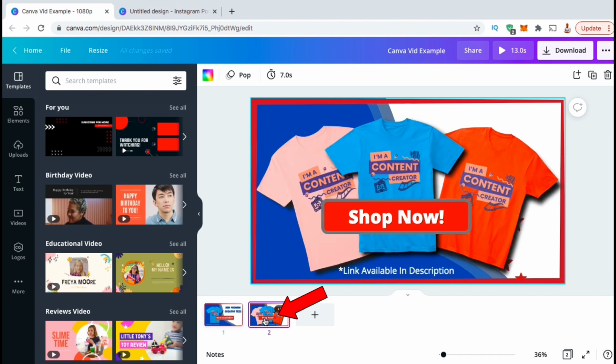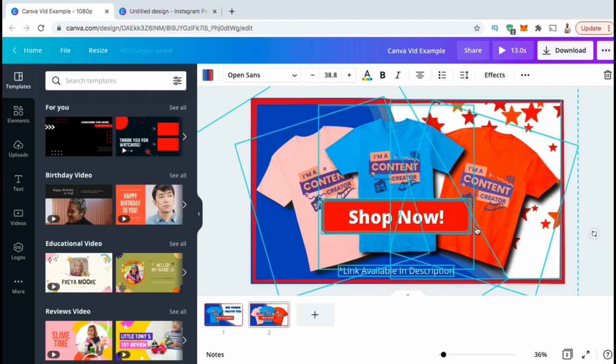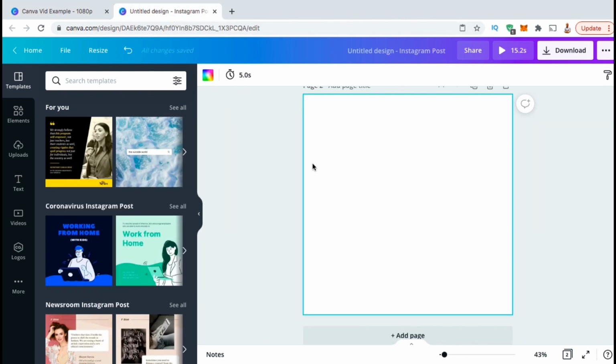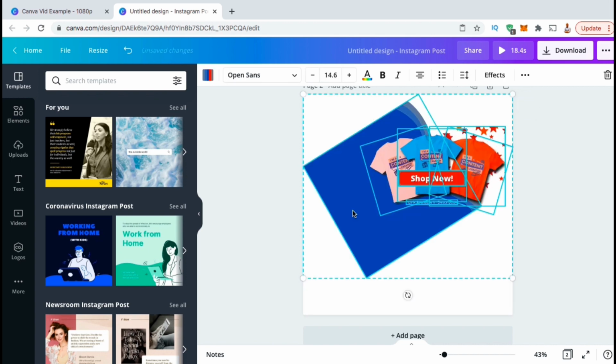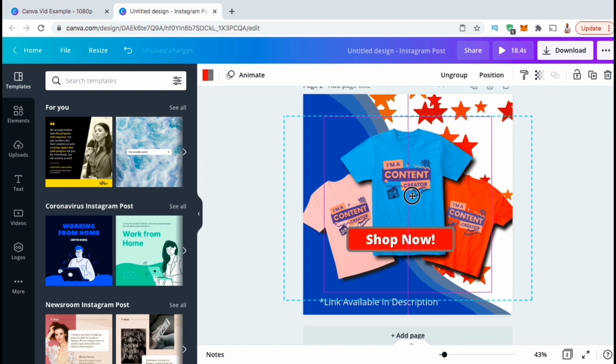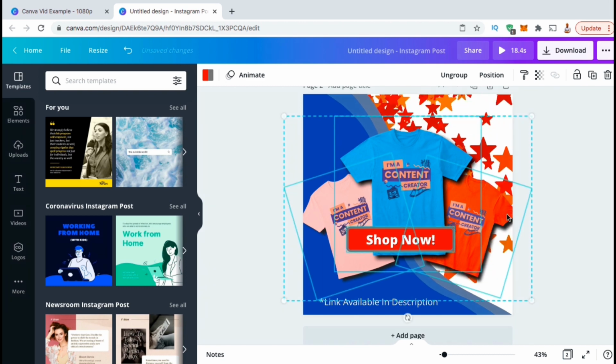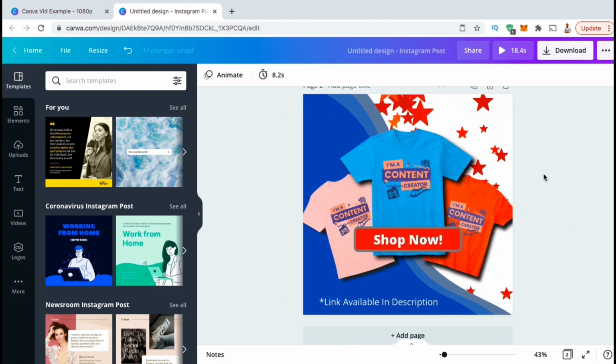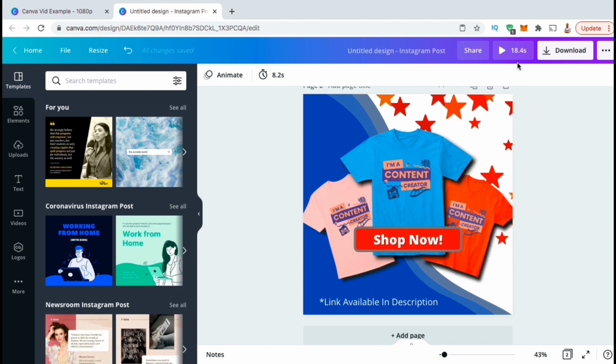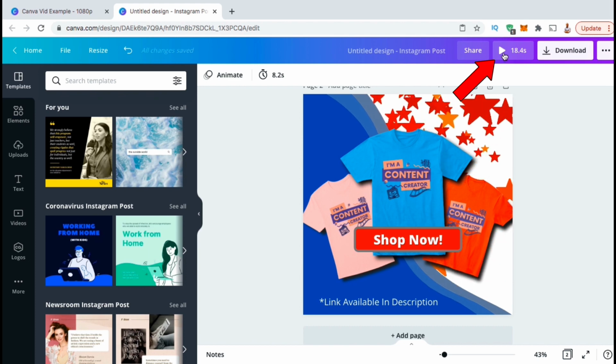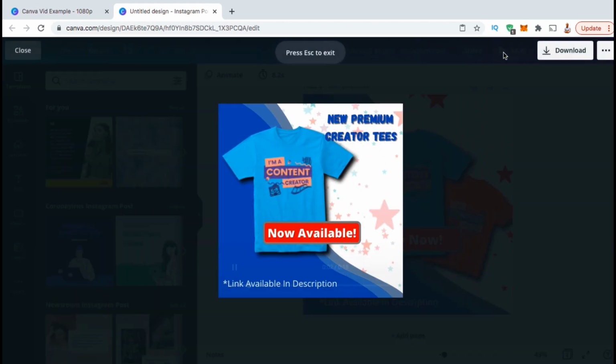Go ahead and select your slide, copy all the elements, then head back over to our Instagram post template. You can then right-click your second page and paste in your elements. Go ahead and resize and rearrange your elements like you did with your first scene. If you wanted to make any other changes, feel free to go ahead and do that now. But I think I'm gonna leave mine as is, so let's check out my video by going up top here and clicking on the preview button.